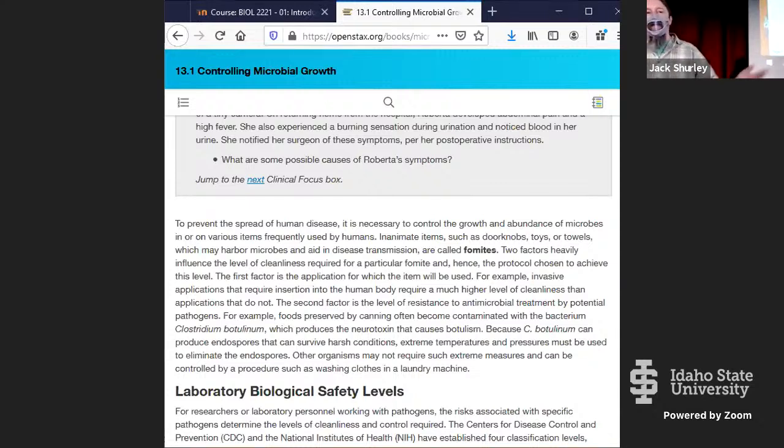And then that's where we look at the maximum amount of killing. It's the MIC we typically think about, not the MBC. Doesn't matter. So when you do those dilutions, that's definitely a quantitative test